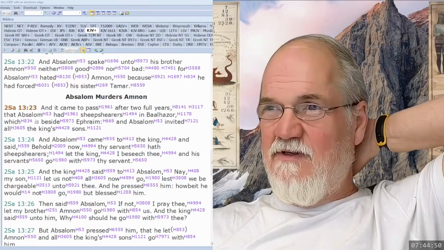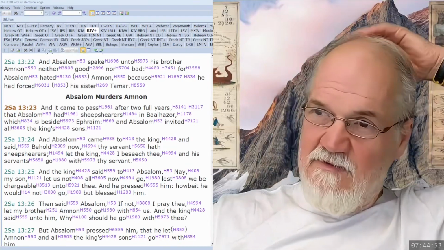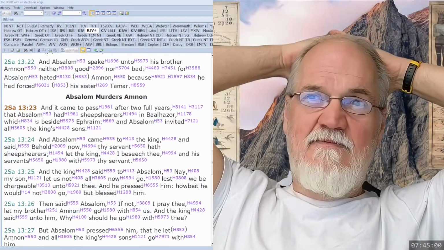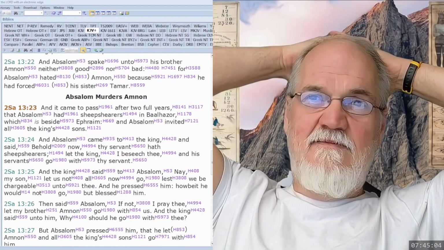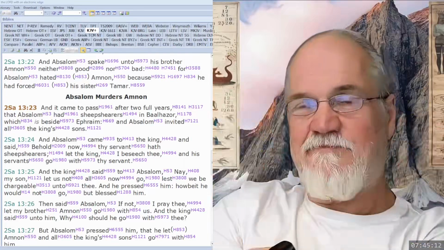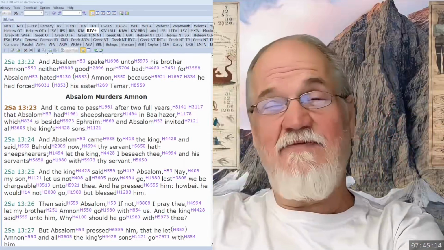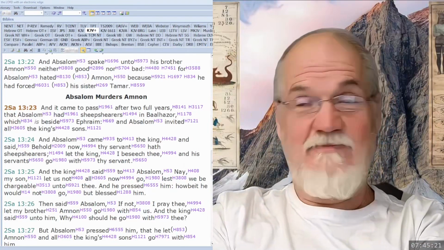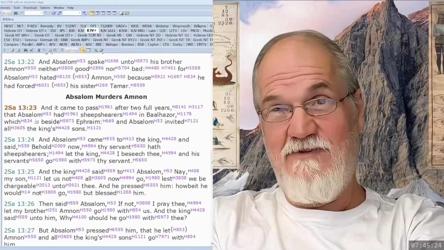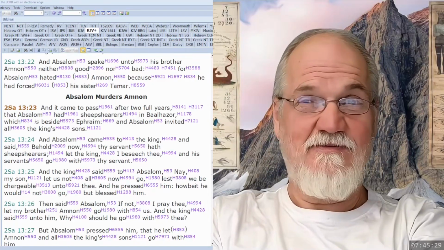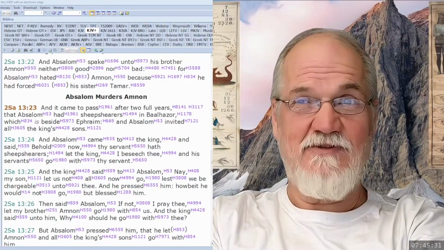So is Absalom having sheep shears in the Lord of the village, or the Lord of the movement, which is beside Ephraim, which means beside Israel? Because Ephraim is used multiple times to denote Israel, right? Ephraim is also Joseph. Sometimes Ephraim is called Joseph. But Ephraim refers to northern Israel. It's the biggest of the tribes in northern Israel.